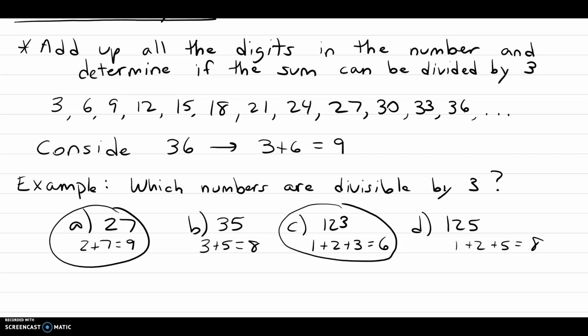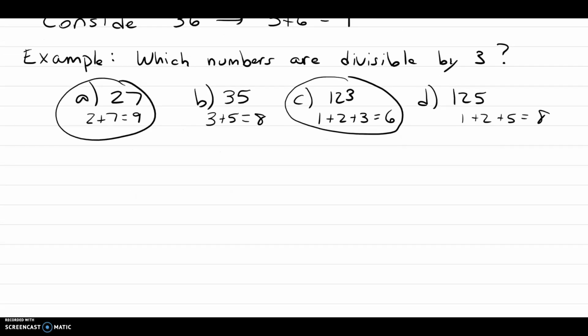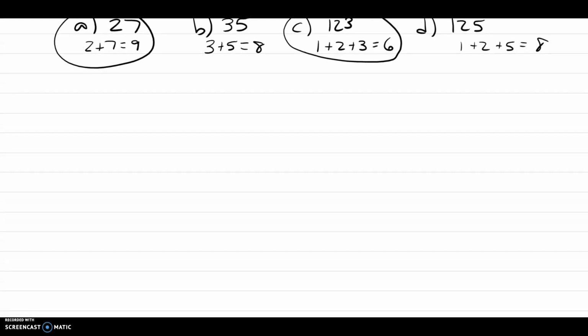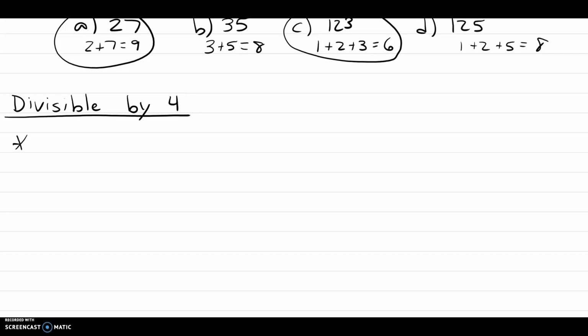All right, the last one we'll look at for today, and then in the next video you'll have a different rule, is if you're divisible by 4. So what is the rule to be divisible by 4? So for 4, look at the last 2 digits